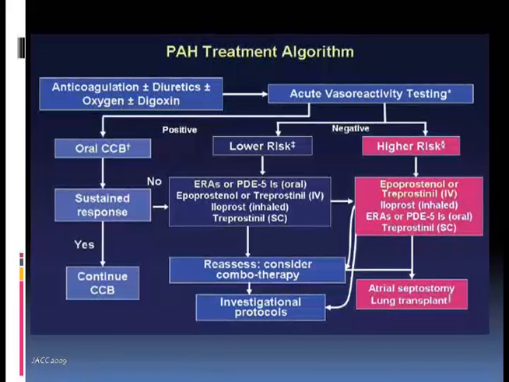So it's significant. If they're not vasoreactive, and this is the majority of patients that we have, we know for sure that if they are at high risk of progression, they have severe disease, functional class 4, right heart failure, and the hemodynamics show certain numbers in the cath lab that signify progression of the disease, then your first choice, recommendation 1A, would be epoprostenol or treprostinil, so prostacyclins intravenously. If they're at lower risk, so this is the average patient that we are going to see, there's nothing that tells us exactly what the strategy of treatment should be.